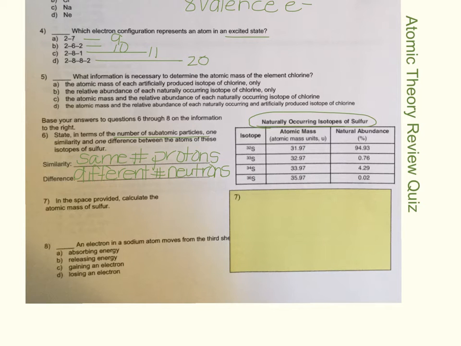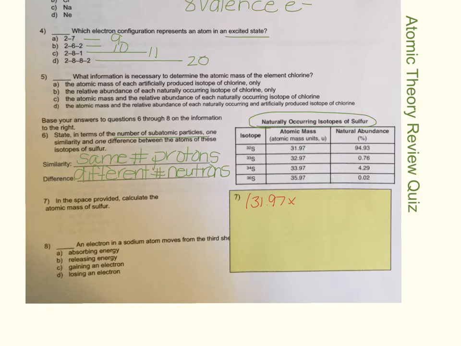Okay, moving on to the next question. In the space provided, calculate the atomic mass of sulfur. Remember, we said it was mass times percent plus mass times percent plus mass times percent for all 4 isotopes and divide by 100, or you have to move the decimal. So I'm going to show you both ways. First let me do the divided by 100 over here. So I would have